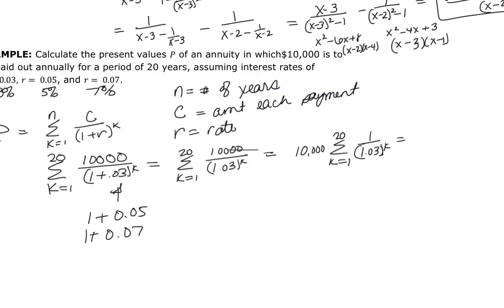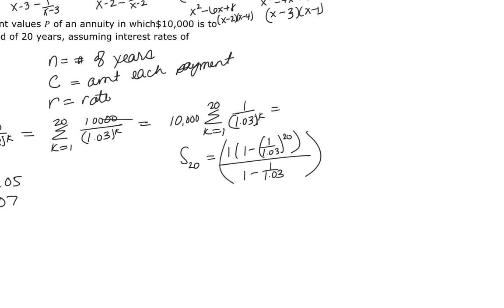Or I can get my formula sheet out, and I have a formula for the partial sum of a geometric series, which is what this is. And so the partial sum, sum of 20, is going to be equal to my A, which is 1 minus my R, which is 1 over 1.03, raised to the 20, over 1 minus 1 over 1.03. Now don't forget, this does need to be multiplied by that 10,000. And so for my first answer, I get my calculator out and I get